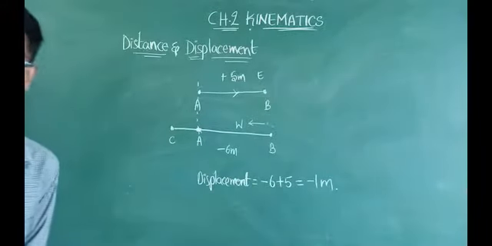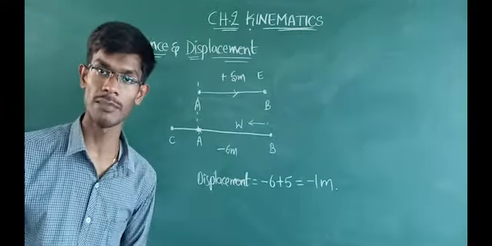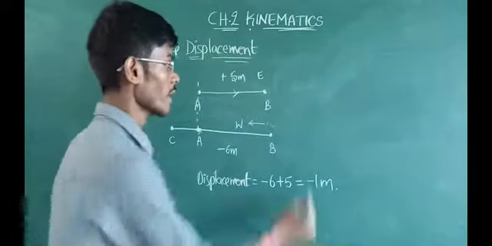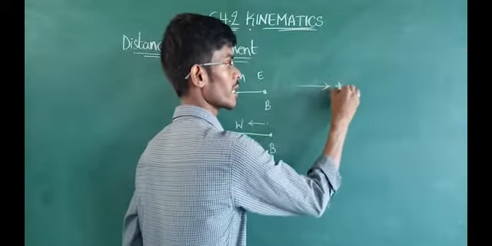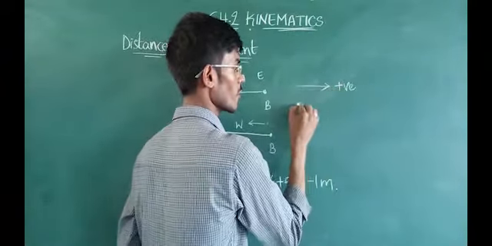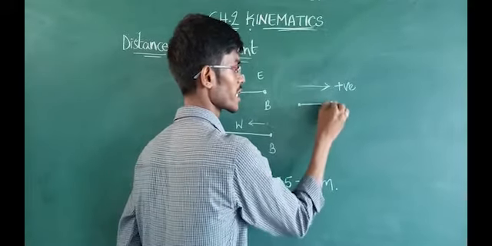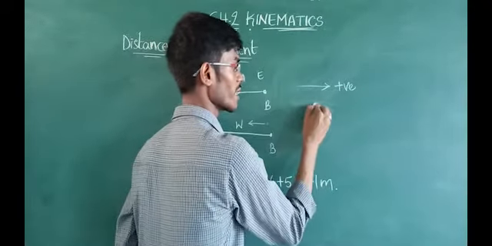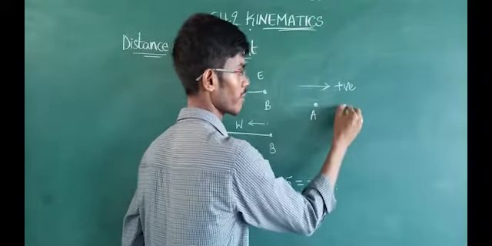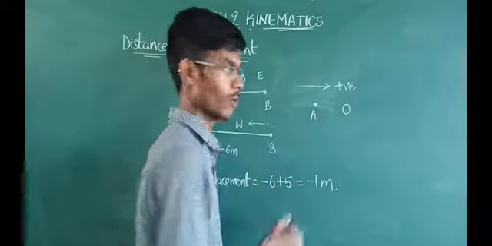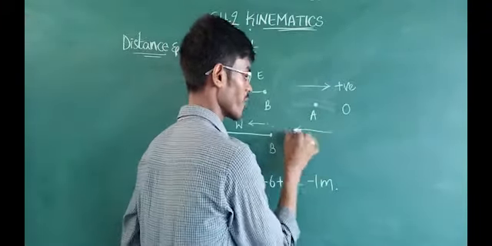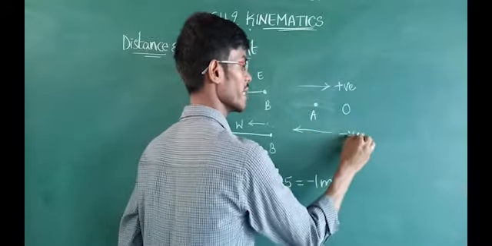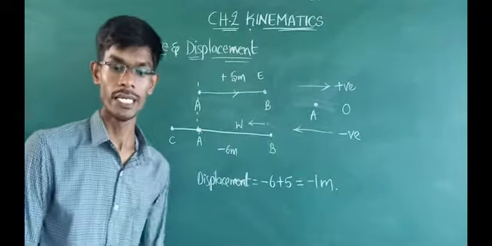So in this case, the displacement becomes negative, and towards the forward direction displacement will be positive. If the initial and final positions are the same, displacement will become 0, and again if it is moving further some distance, then this will be negative. Okay, that is displacement.